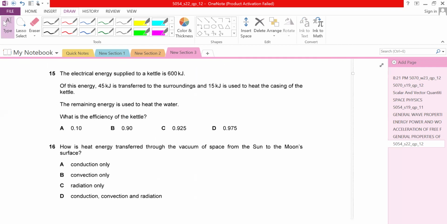Then question number 15, the electrical energy supplied to a kettle is 600 kilojoules. Of this energy, 45 kilojoules is transferred to the surroundings and 15 is used to heat the casing of the kettle. The remaining energy is used to heat the water. Now you have to find the efficiency of the kettle. To find the efficiency, the formula you have to use is